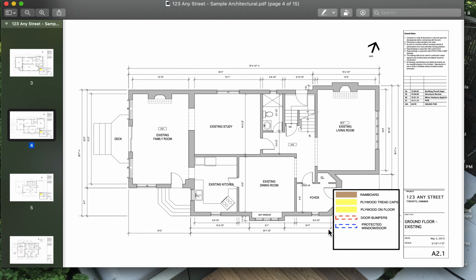I've got a red dashed line for a door bumper. Anything where I want a bumper around a corner or a door jamb, I've got a red line. And then any kind of window or door that I might want to put a plywood skin on, or something to keep it from being damaged, I'm going to do that in blue. So starting with my entrance,